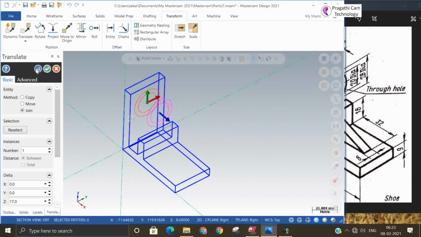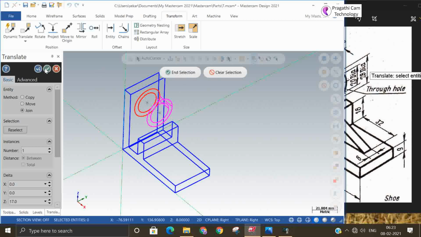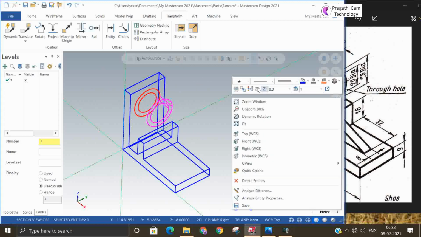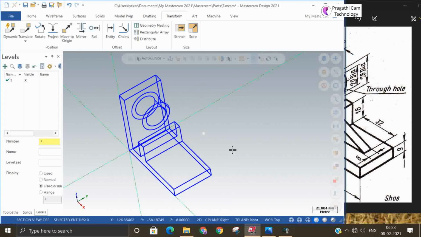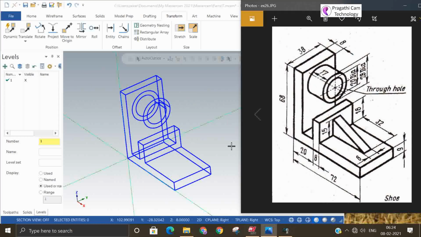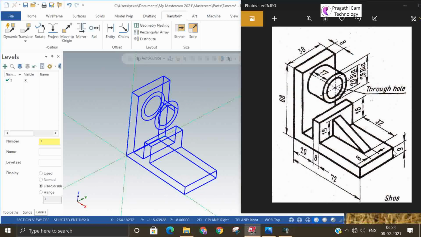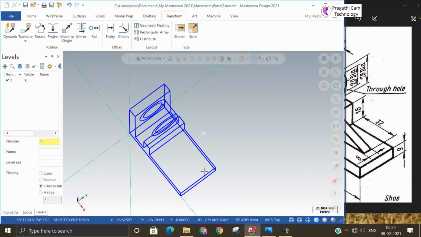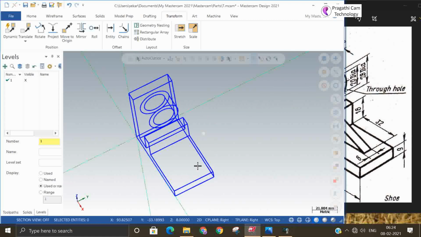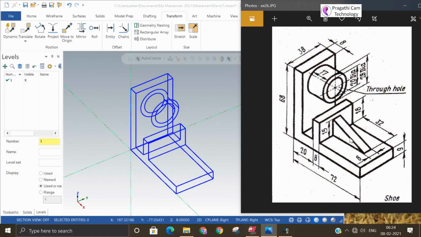Okay. So now it's made. You can see that. So now we need to make this rib. It is joined, but in wireframe visibility you can only show this much. If you make it in surface model or solid model, it will come out very nicely. Okay, but it has been done correctly.